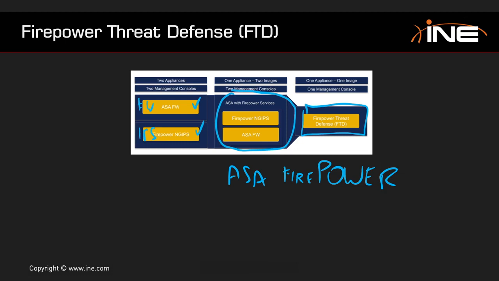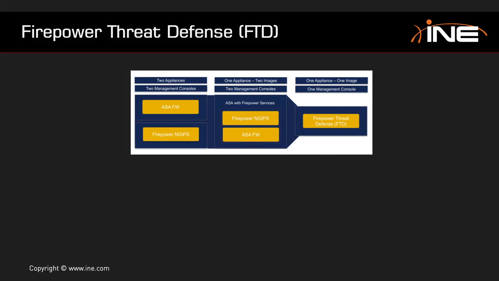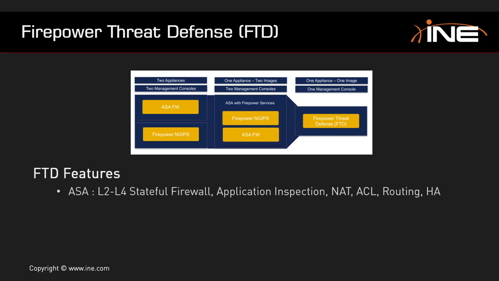So we will have just one management console, and this image is going to be offering those firewall and also IPS capabilities. Okay, so if we were to break down those different functions offered by a single unified Firepower Threat Defense image, the functions related to the firewall itself, to the original ASA platform, are going to be stuff like stateful inspection, application level inspection, translations, access lists, routing. So a lot of things you were normally doing in the data plane, plus also packet forwarding,